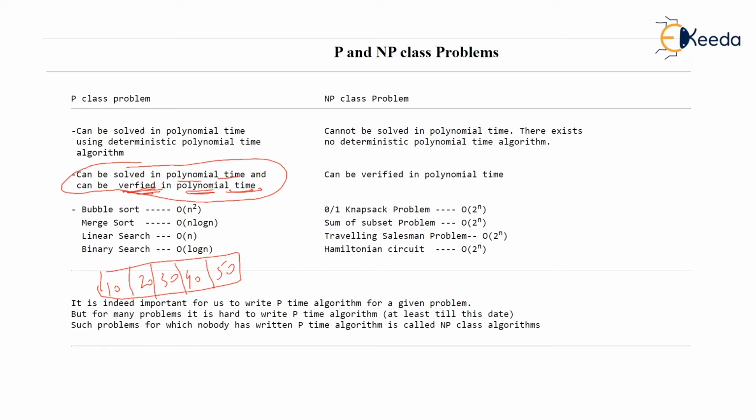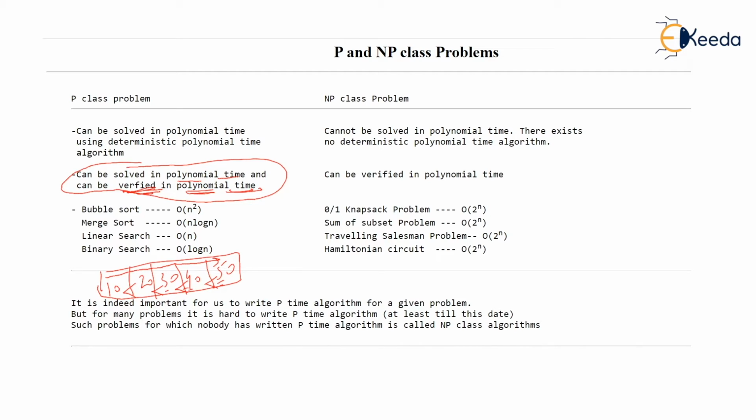Check, we don't want to sort the array. It is asked that we check whether this array is sorted. That means we want to verify whether this array is sorted or not. And surely it can be done in polynomial time. It will only be a matter of comparing all elements one after the other and checking whether every next element is greater than or equal to the previous element.